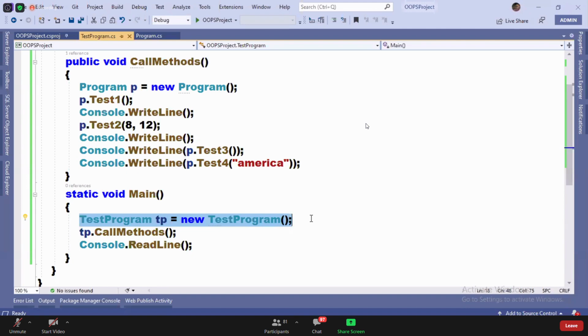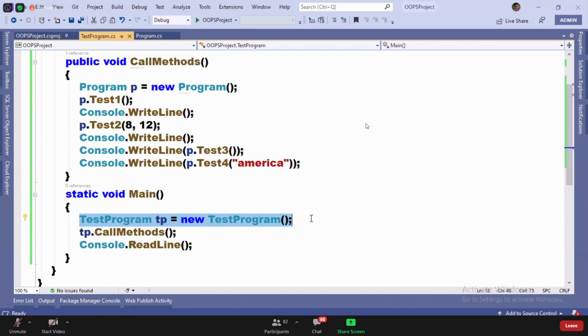By using this debugging, you can watch the step-by-step execution of your code, the complete step-by-step execution, from where it starts to where it ends. You can watch all of it, guys.